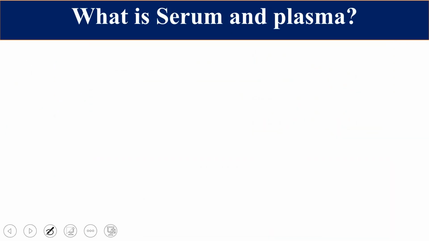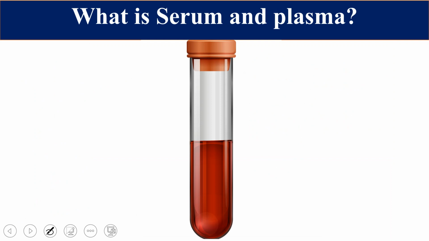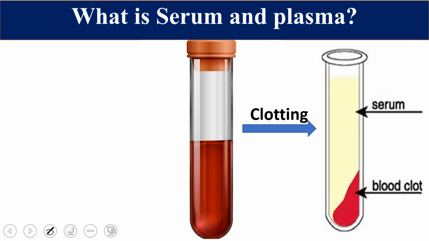On the basis of this, how are we going to see the differences between serum and plasma? This is a blood sample. If we allow this blood to clot without any anticoagulating agent, the blood will clot, and then we centrifuge it. We will get these types of components. At the lower portion, at the base, after the clotting and centrifugation, we get a clot composed of all the RBC, and the upper liquid portion is called serum. This serum will have all the proteins, the serum proteins.